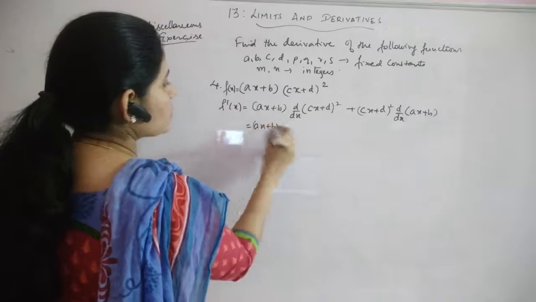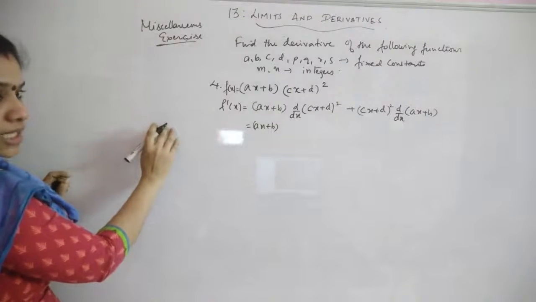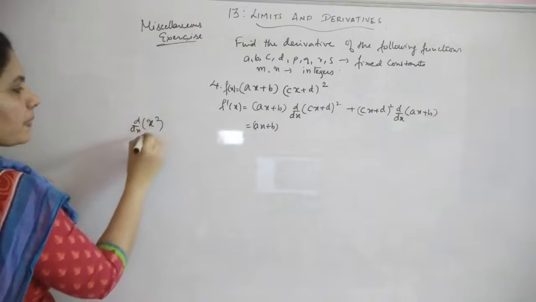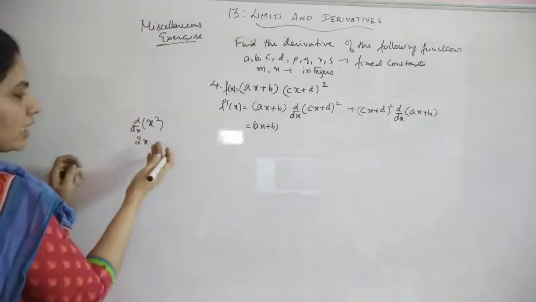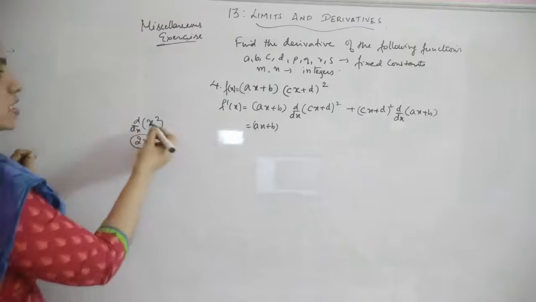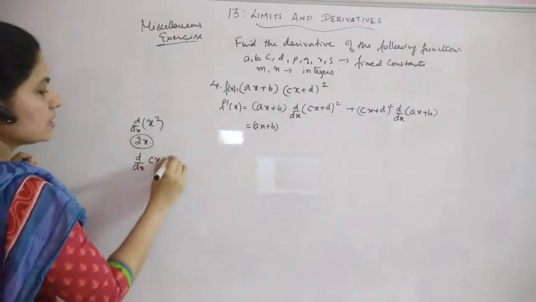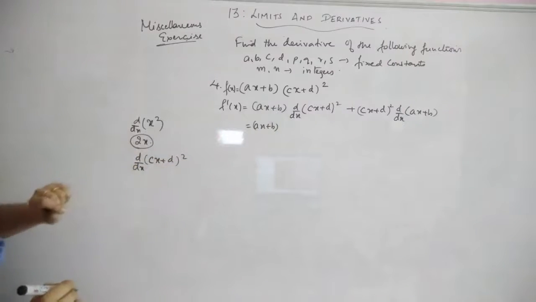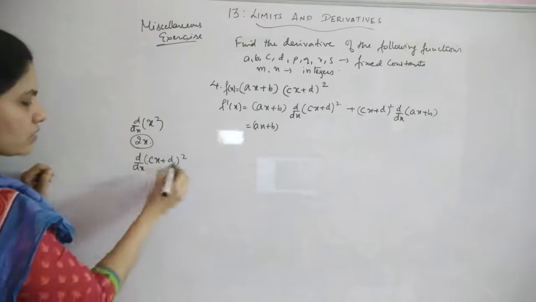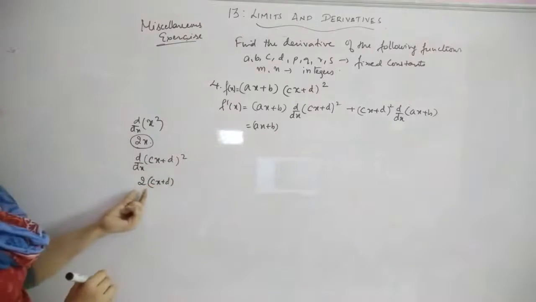So ax plus b into, here again what I have told, if it is not x, you have to use the chain rule. Suppose I have x square, the derivative of x square will be 2x into, actually you are not getting anything extra because the derivative of x is 1. That's why you are getting only 2x. Now suppose instead of x you have some other term, here d by dx of cx plus d the whole square. How you will differentiate is, first we will treat it as x. If it is x square, you write 2 into x. So instead of x what you have here is cx plus d. So it's 2 into this much.